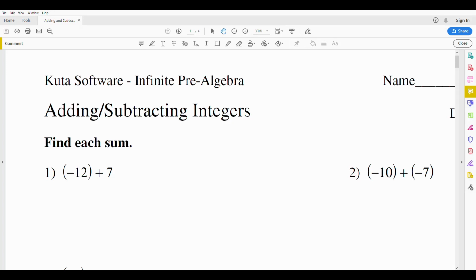In this video, we're going to start the Kuta Software Infinite Pre-Algebra free worksheet, adding and subtracting integers. In the first section, numbers 1 through 10, we're going to be finding each sum. So let's jump into number 1,